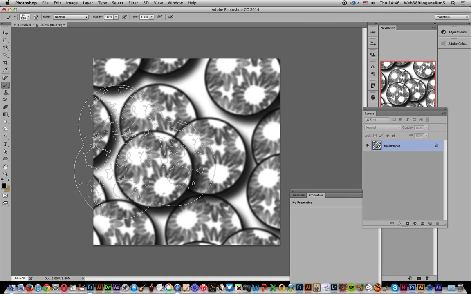A quick and easy way of creating some interesting brush strokes, and also potentially some textures for maybe 3D work, like overlays, etc. Hope you found this